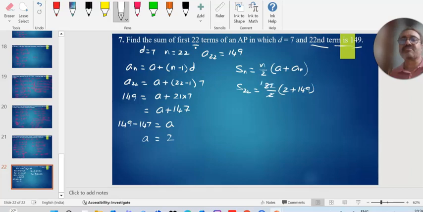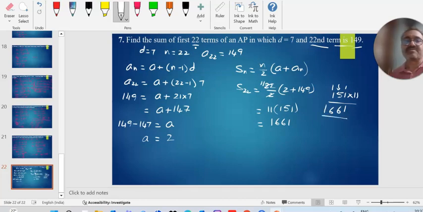2 ones are 2, 11s. That is equal to 11 into 149 plus 2, 151. So 151 into 11, 1661. మరొకసారి నేను రిమైండ్ చేస్తాను. 151ని 11తో చేసేటప్పుడు ఎప్పుడైనా సరే 11తో డివిజన్ ఫస్ట్ రైట్ 1. ఓకే, నౌ 5 plus 1 6. Next 1 plus 5 6. Right, last one 1661. That is the answer.